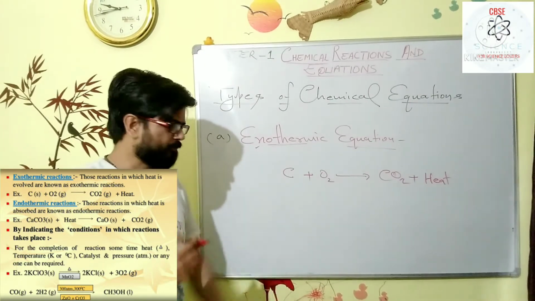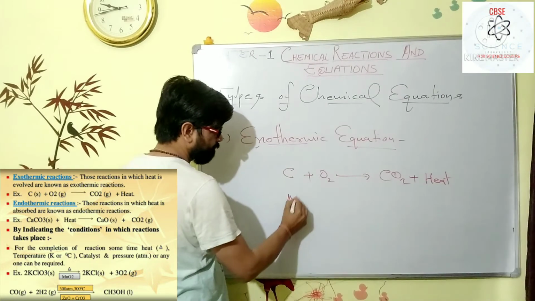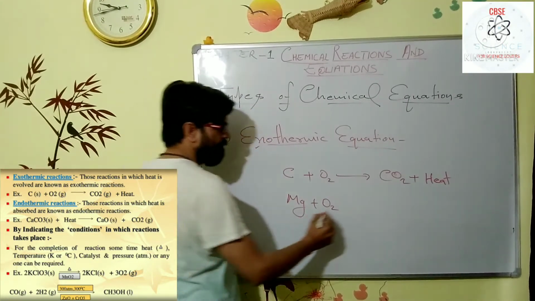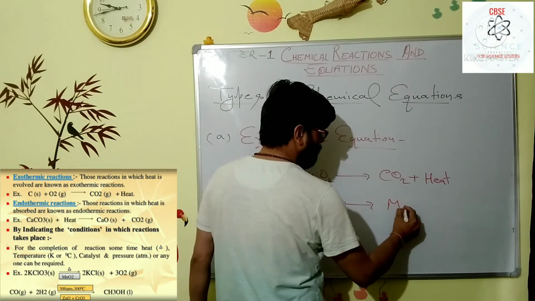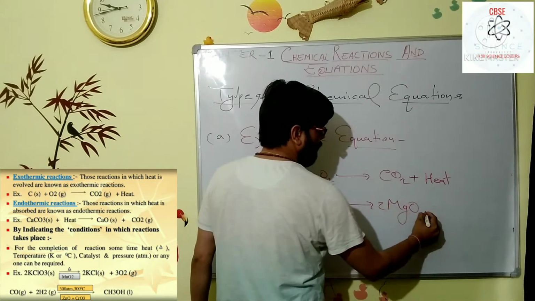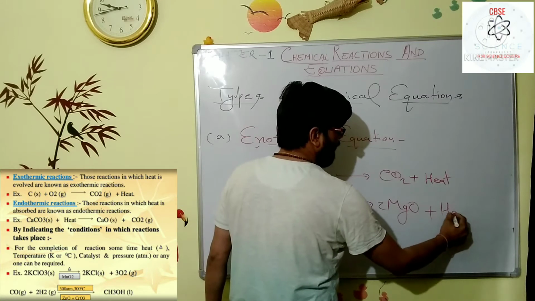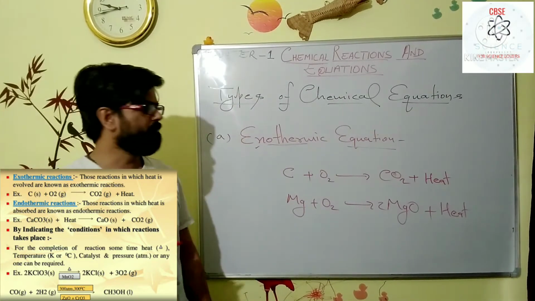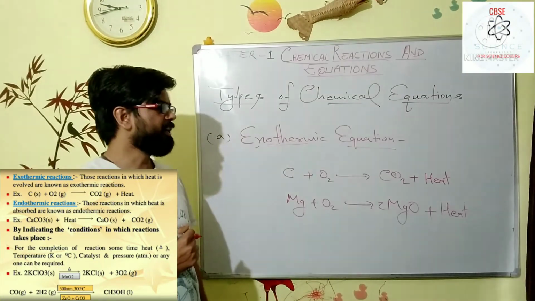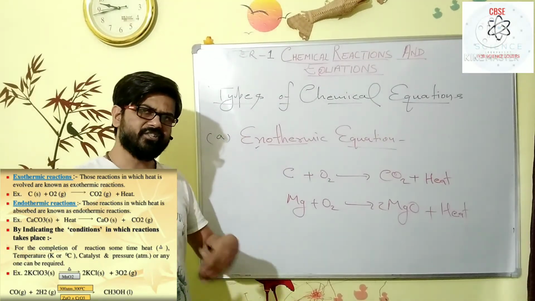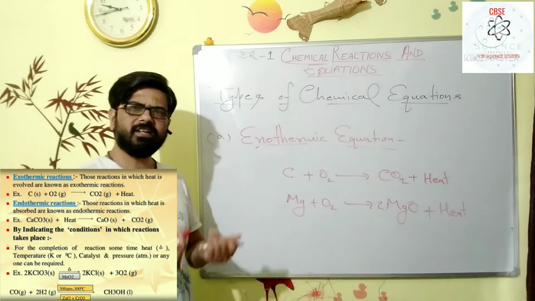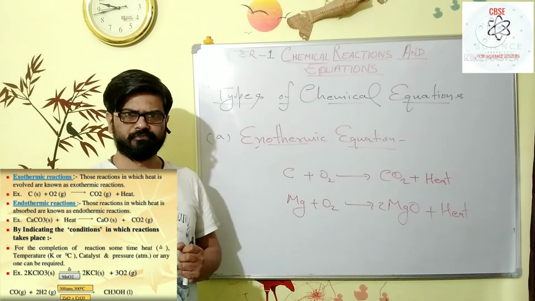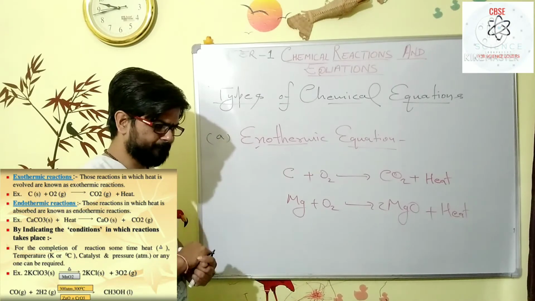Now see another example, when magnesium ribbon burns to form magnesium oxide, during which also energy is liberated. So this is also one example of the exothermic equations during which the energy is evolved. My dear students, there are many phenomena in which energy is released, like our